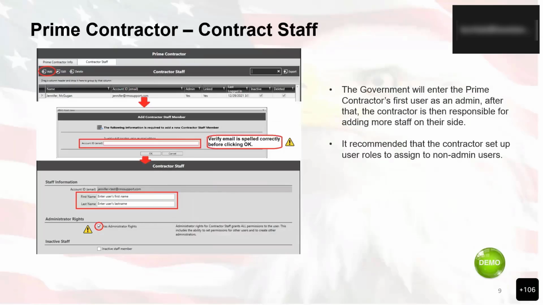All right, the prime contractor staff is mentioned here. This is where the government will enter the prime contractor's first user as an admin. After that, the contractor is then responsible for adding more staff for those particular users. So when they go in here and they enter that particular contractor